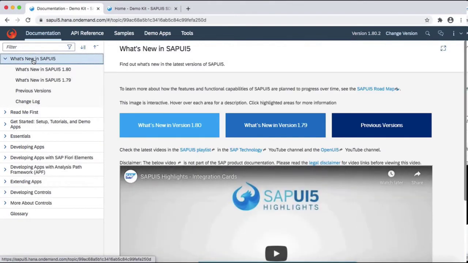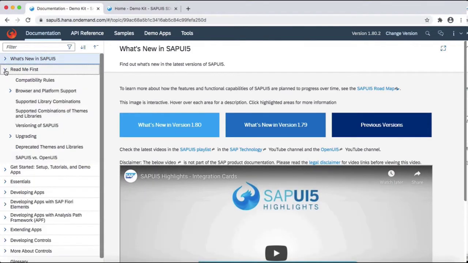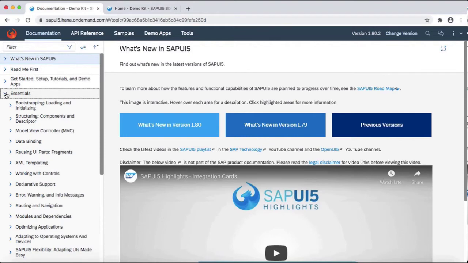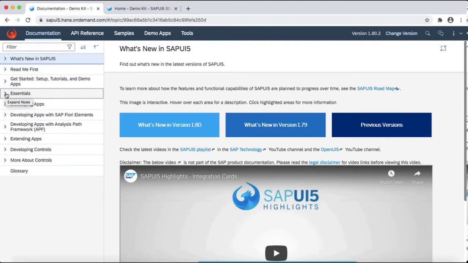If something new comes up in UI5, then it is under the What's New in SAP UI5 section. README first tells you about the compatibility rules and browser support. Similarly, you can get started with SAP UI5 with the get started steps. Essentials provide you all the basic concepts of SAP UI5. Similarly, we have other sections and you can go through them.